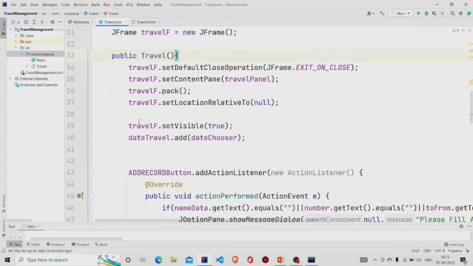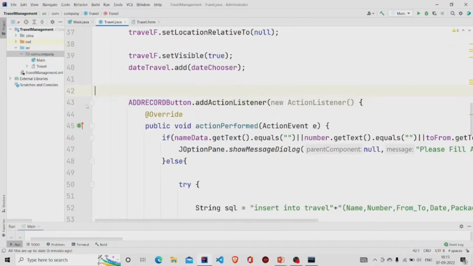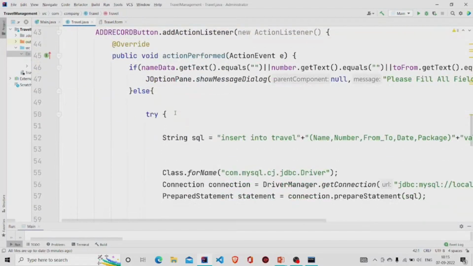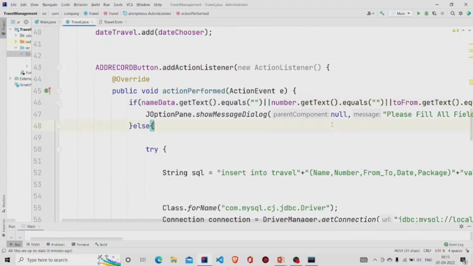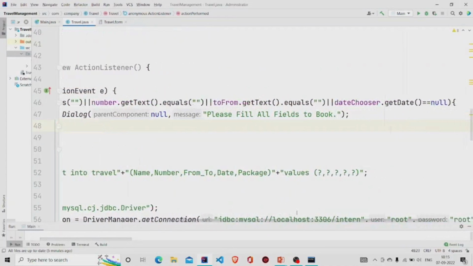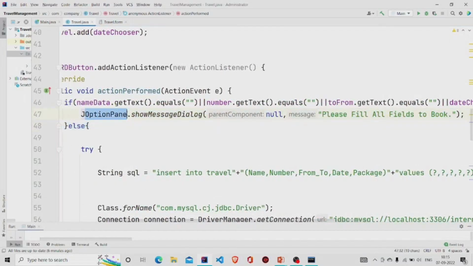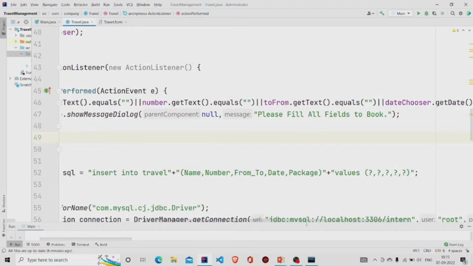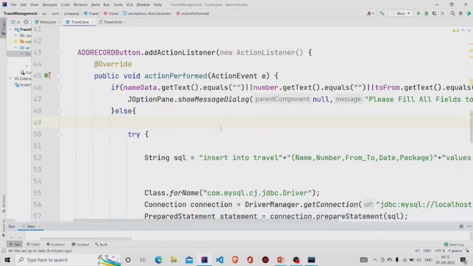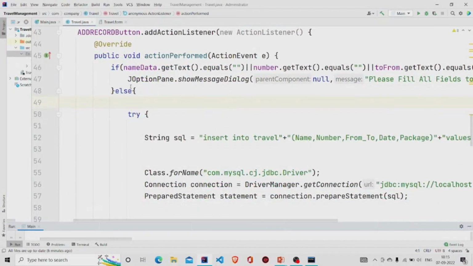Let's now talk about the add button. This is the code and we are checking if the name and the number and all the fields are present or not. If they are null, if the date has not been chosen or anything, then pop up a message using this JOptionPane class, and using this method we'll pass this data, please fill all fields to book. Else, if the user has entered everything,